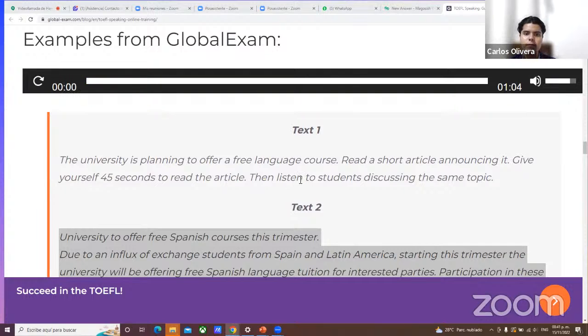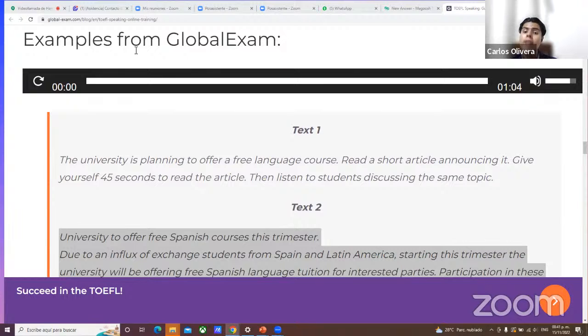Great, there you are. So, what can I tell you about this one? Well, as you can see, in this case this conversation is very easy to understand. It is plain, right? Who is the main speaker in this one? The female student is the main speaker. And why? Because she is the one offering her opinion. She says that she dislikes this modality of these Spanish courses because she believes, and she gives some